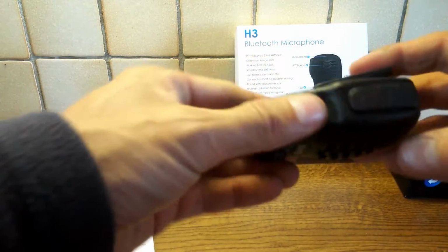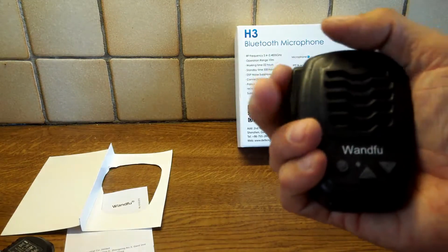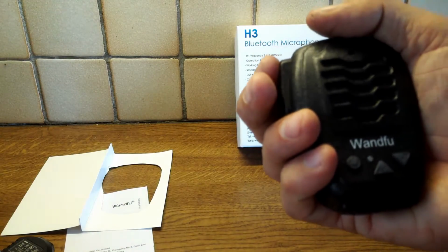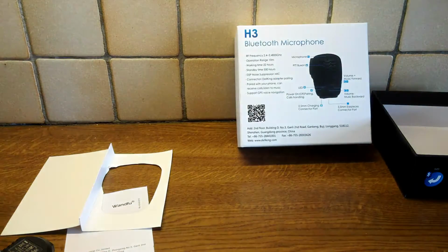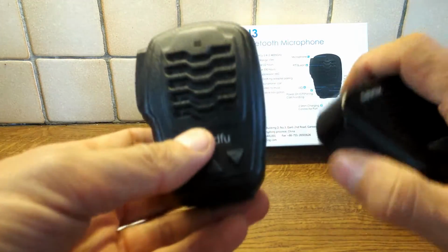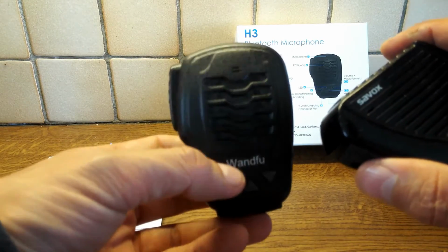Now let me just go over the quality of the device and how it looks. As I said, it's pretty solid. It's a very soft button here, a little bit different from what I have with my Savox here. My Savox, this is the Savox, is much stiffer. Although it has been used, I've been using this device now for about a year and a half,